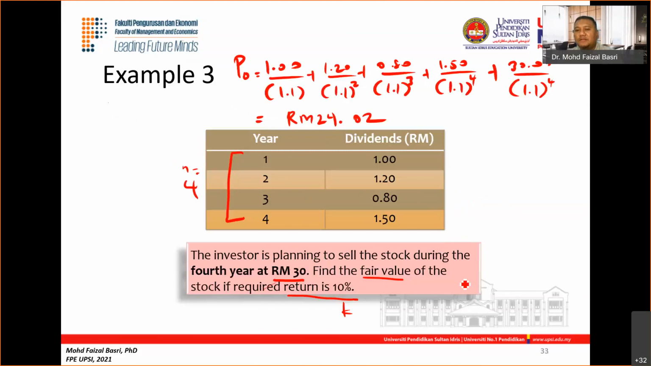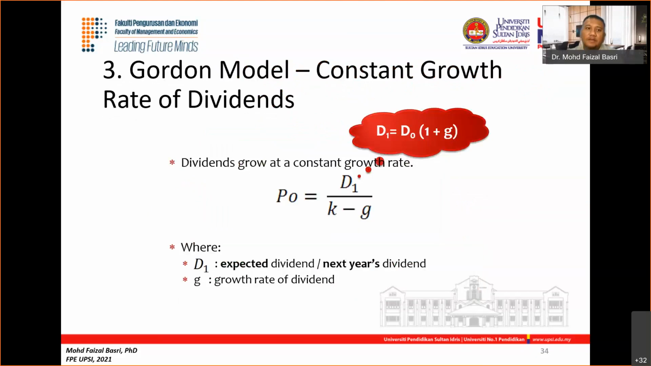Now moving on to the third model, the constant growth model, model number 3, also known as the Gordon model. Out of the 4 models, this will be the simplest in terms of formula. The formula is very short, only this formula. We're going to assume we have one growth rate, and this growth rate we symbolize with the letter G. So you're going to see the dividend for the first year, D1,